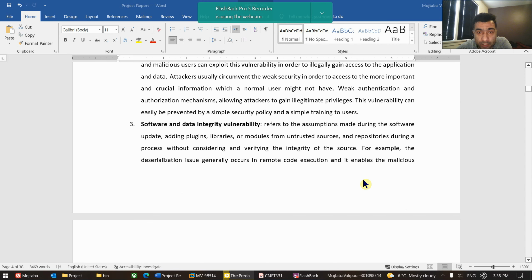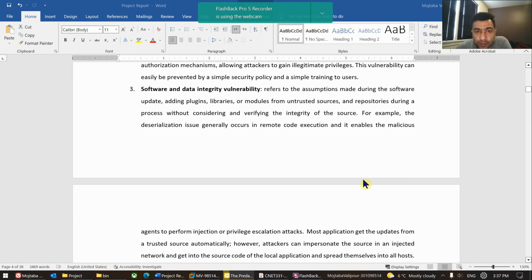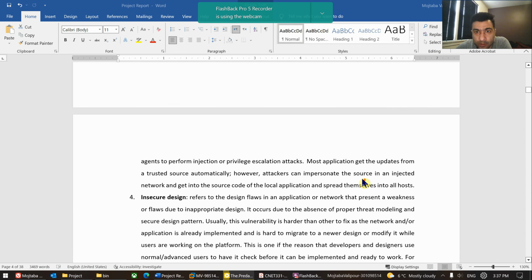Software and data integrity vulnerability refers to the assumptions made during software updates, adding plugins, add-ons, libraries, or modules. So when the user wants to add another feature to their already installed application, they install another module or plugin, or add a library or add-on. If it comes from an untrusted source, it might already be injected by a hacker, so they can easily dig into